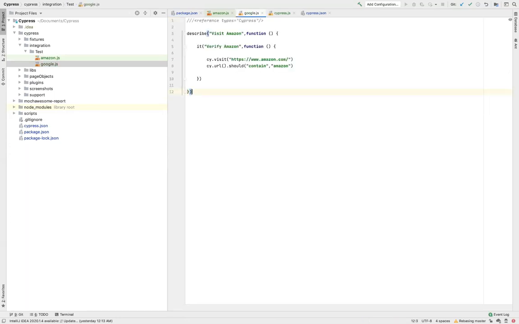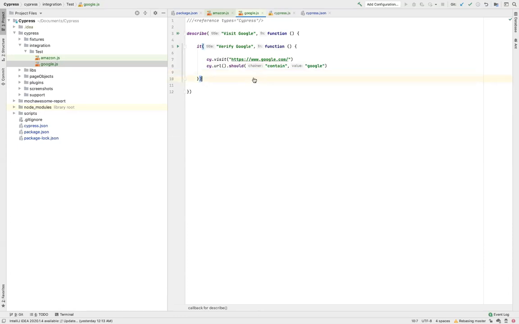I'll just copy paste the code and change the website name to Google. It should contain Google.